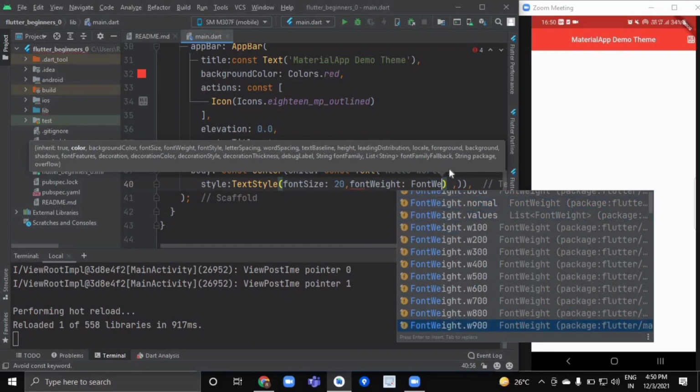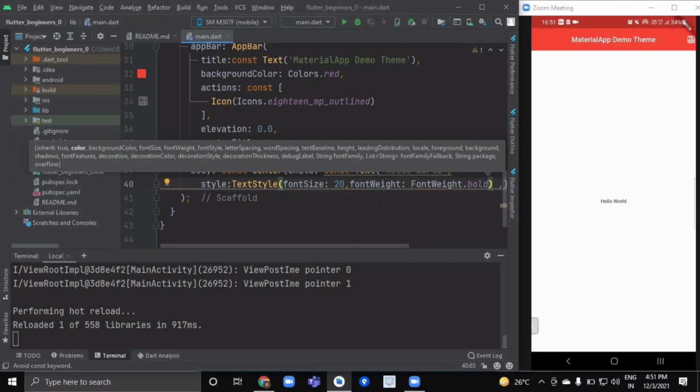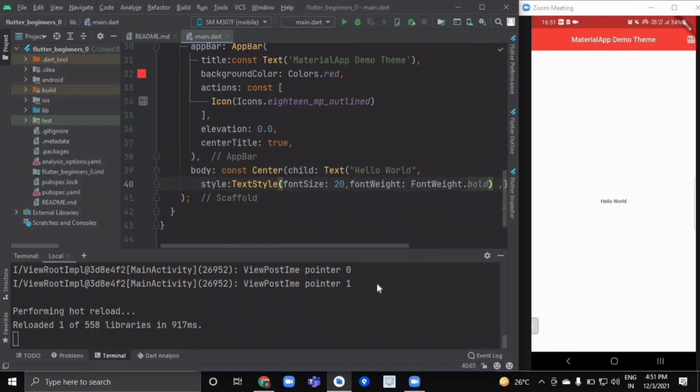These are the other options that you can set for font weight, bold, and other values. So let's select bold. Now let us see what our lint is trying to tell. It is telling us to remove unnecessary const keyword. So it is gone, hot reloaded, and now you can see our text with some beautiful text style.